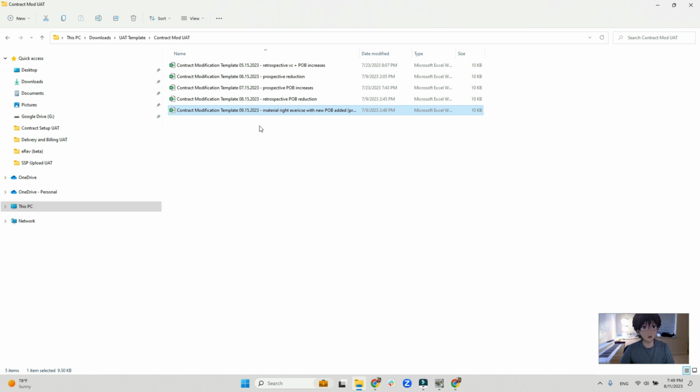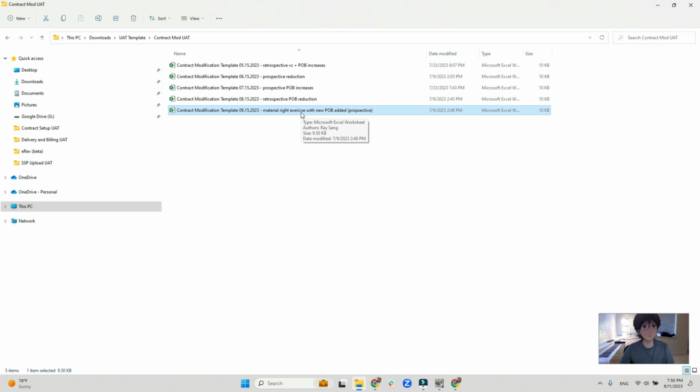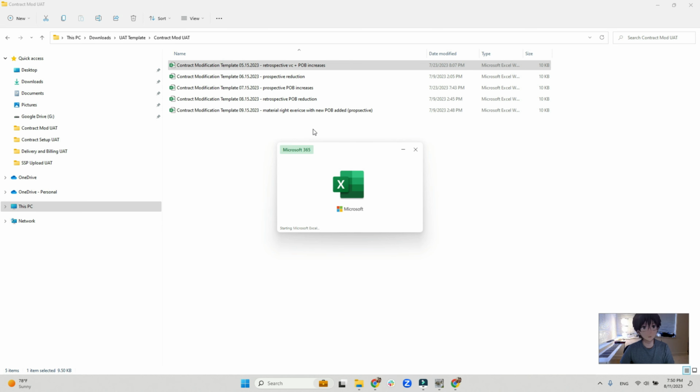And then our last one is probably one of the most difficult ones out there. We're going to exercise or mature a right and add the new POBs due to the right exercise as part of a prospective contract modification. So all those 5 scenarios are essentially using the same contract modification template. If I open up the first one,